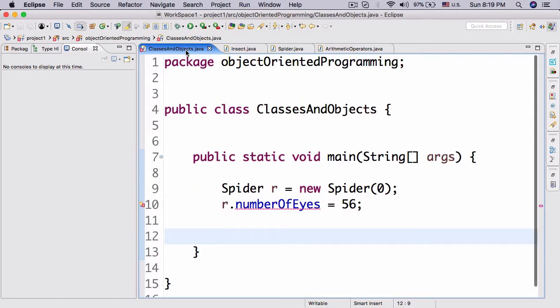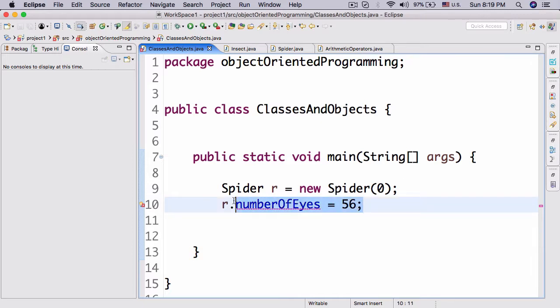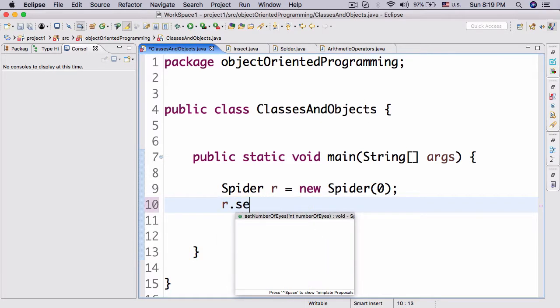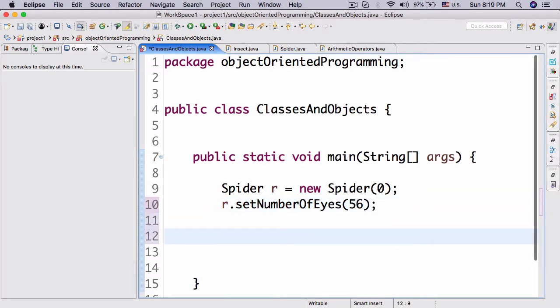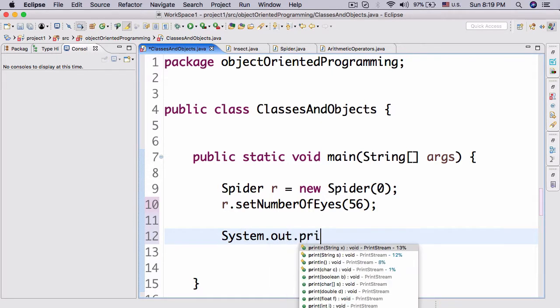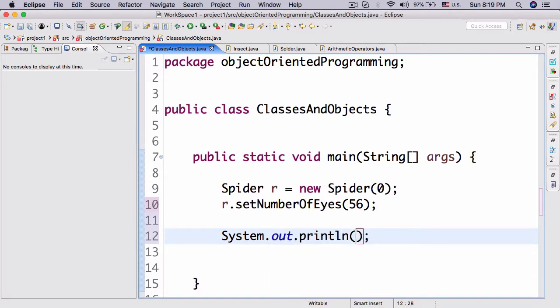So now how would we actually refer or get the number of eyes? Well, we would do it using r.setNumberOfEyes(56), and then System.out.println(r.getNumberOfEyes()). And there we go. And now if we run this,